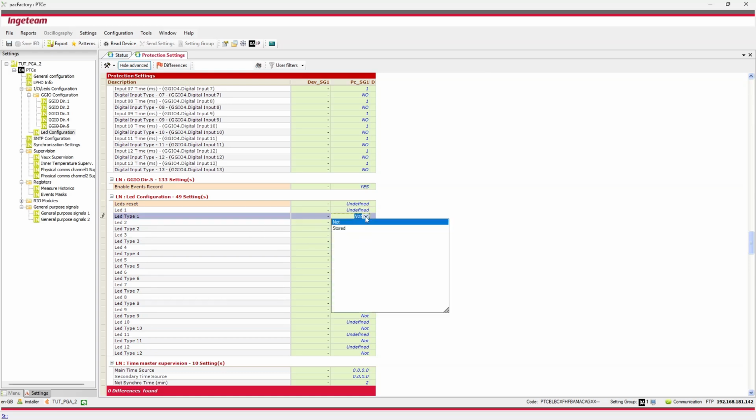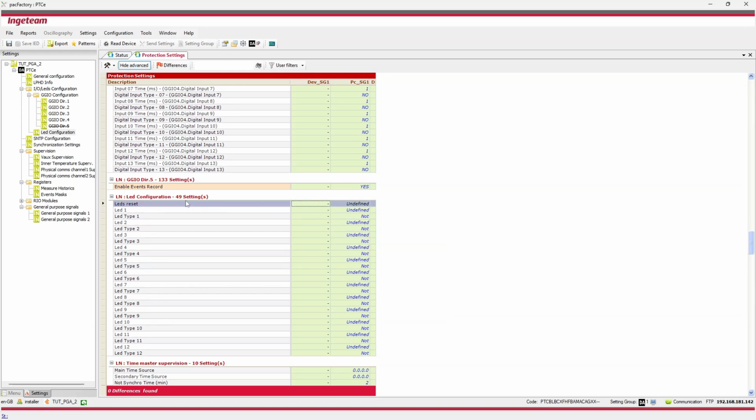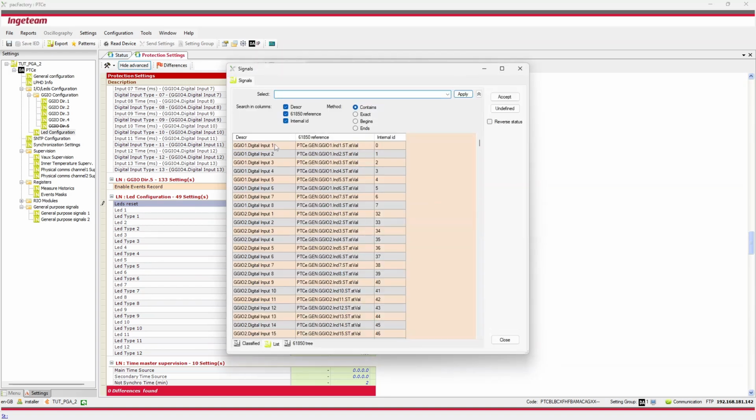The second parameter, the LED type, refers to the behavior of the LED, that is, whether the LED follows the assigned signal's status for both the activation and the deactivation of it, unlatched, or if the LED turns on with the activation of the signal and turns off with the activation of another signal, latched, stored. This LED deactivating signal is common to all the latched type LEDs.